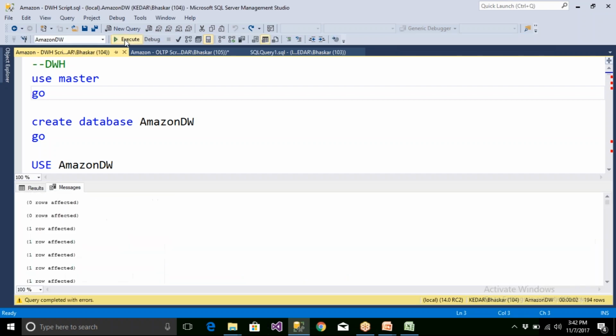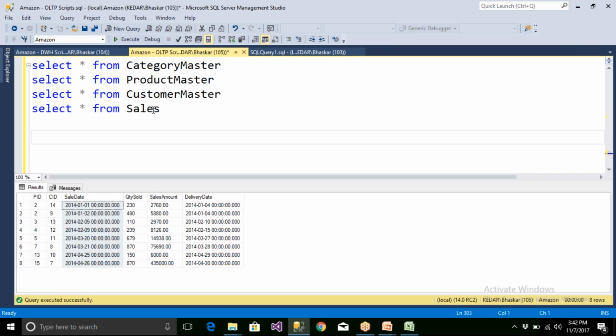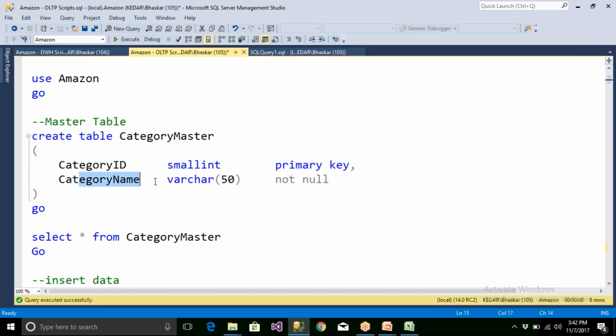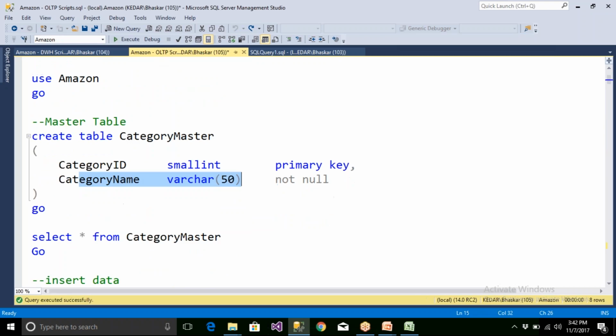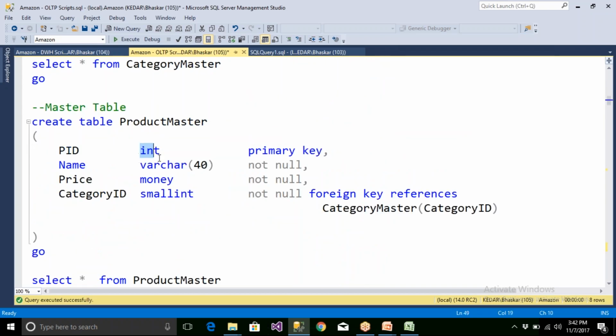Now I told you that we have to create a dim product table, and here category name. Whatever the category name is, it has varchar 50, so the category name should have the same data length. The product table is going to have an integer.